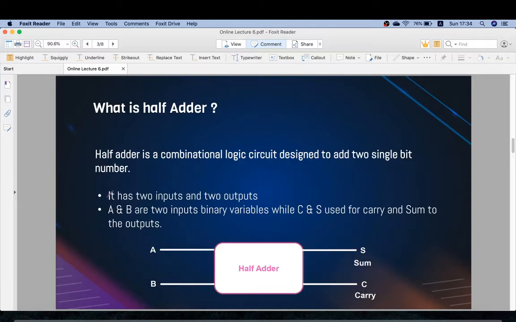It is said here that it has two inputs and two outputs. So we are clear there are four variables, two inputs and two outputs. Now in the next step we need to give a name, symbol or alphabet to the variables. So A and B are given as the input variables, while S and C are the output variables, where S represents sum and C represents carry.